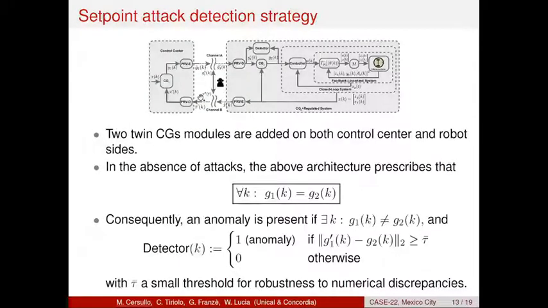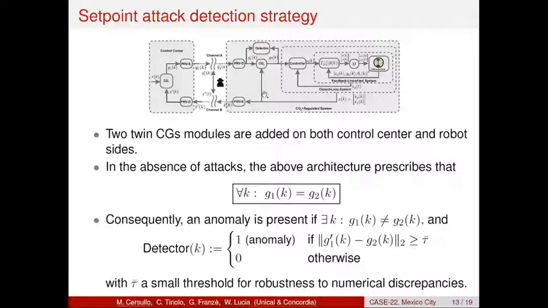Now I'm presenting to you our setpoint detection strategy, which consists of two twin command governor modules that are added on the control center and on the robot sides. In the absence of attack, the outputs of the two command governors are equal. This is due to the fact that the command governor performs the best feasible approximation of the reference value. So by giving as an input to the second command governor the best feasible approximation, the output will be equal